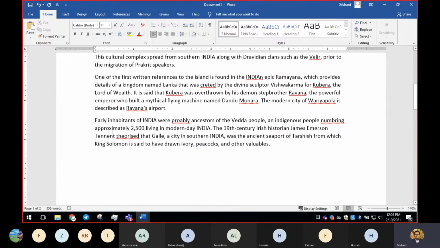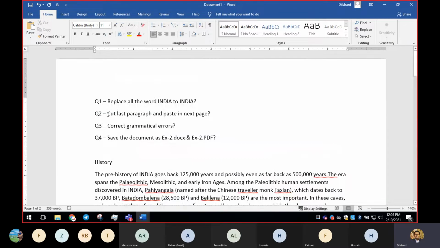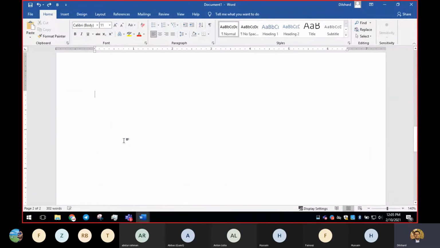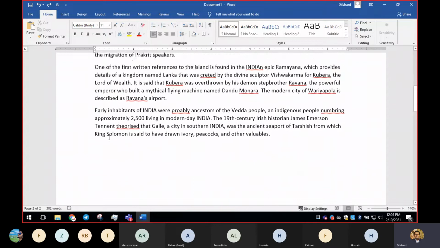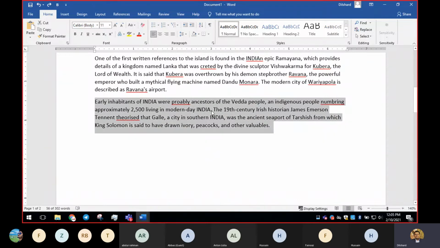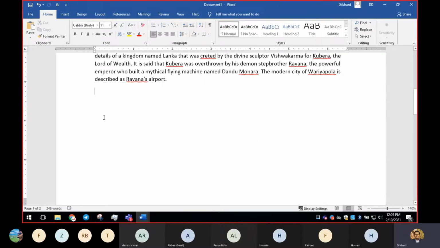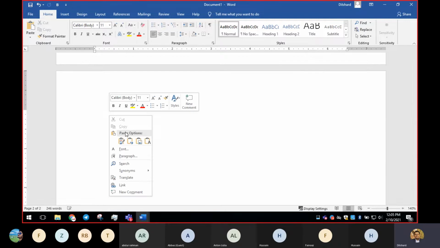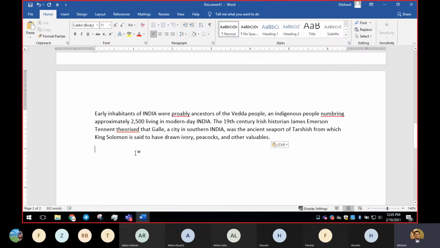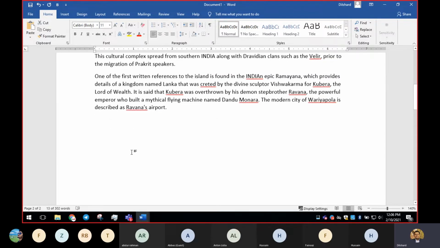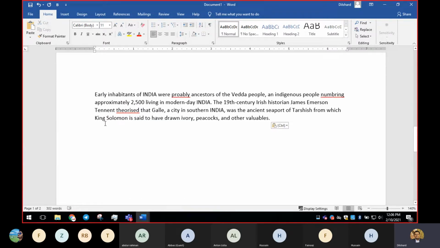Okay, but according to the question, they are asking you to cut and paste. So what will happen if I do the same thing with right click and cut? See, when I highlight and right click this, and if I select cut, you will not see the paragraph here. Wherever you paste, the paragraph will be available only in that place. So we have pasted here, but you will not find this in the original place. You will not find it here. Wherever you paste, it will be available only in the place that you pasted.